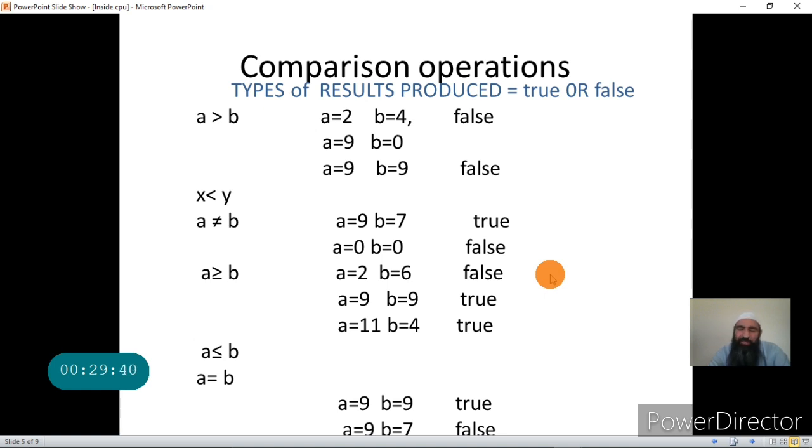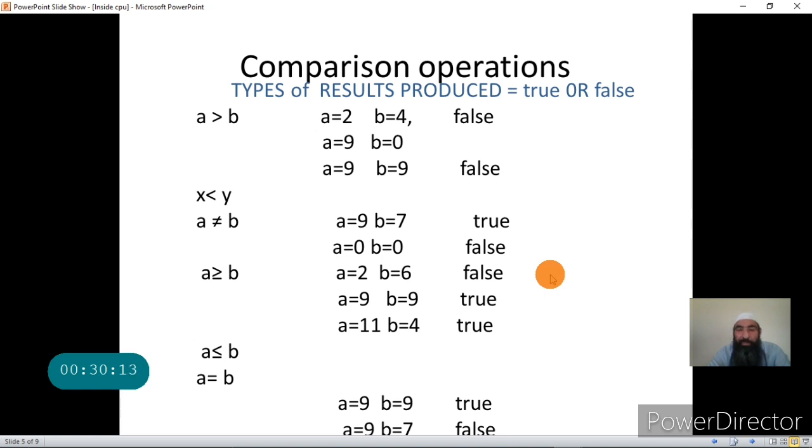So the ALU is capable of performing four types of operations: arithmetic operations, logical operations, shift operations, and comparison operations. Even though the name is just arithmetic and logic unit, which indicates that it can only perform arithmetic and logical operations, no, it is more than that. The two more operations that it can do are comparison operations and shift operations.